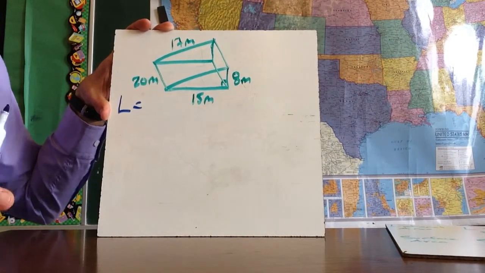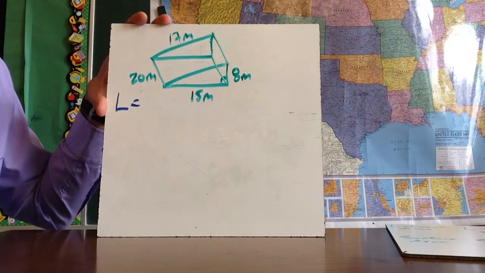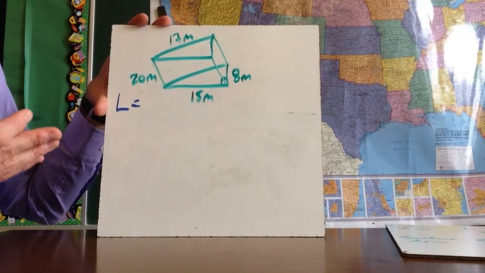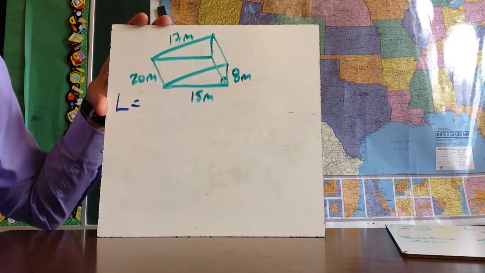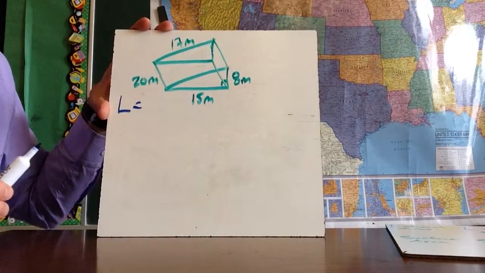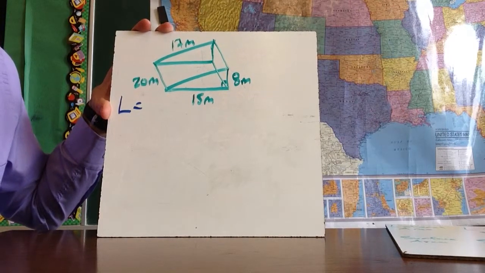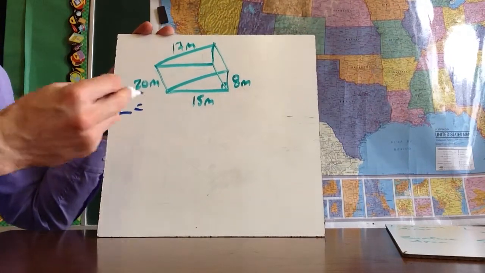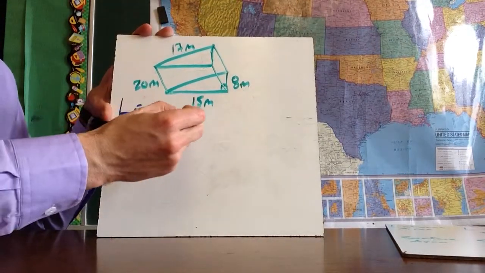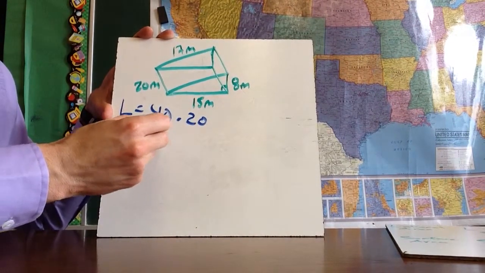So sometimes people see this depending on how you're seeing the shape right now. The base is the triangle because there are 2 triangles and then there are 3 rectangular faces. So make sure that if you're seeing it as laying on one of the rectangles, that's not the base, even though that may be the part that you see it sitting on top of. So the bases are these triangles. So the perimeter of the base, which is 8 plus 15 plus 17, so that's 40, times the height. And the height is going to be this 20. So the lateral area is going to be 800